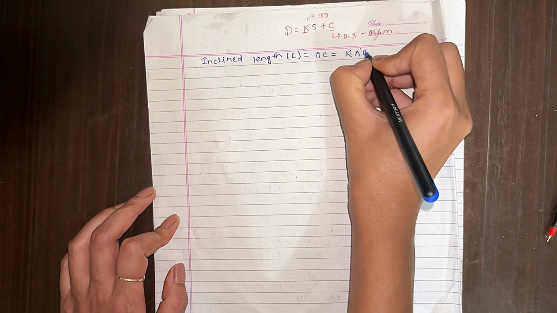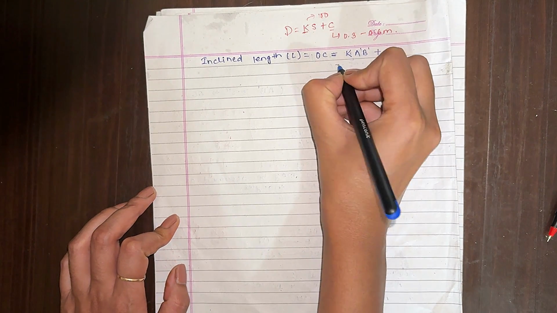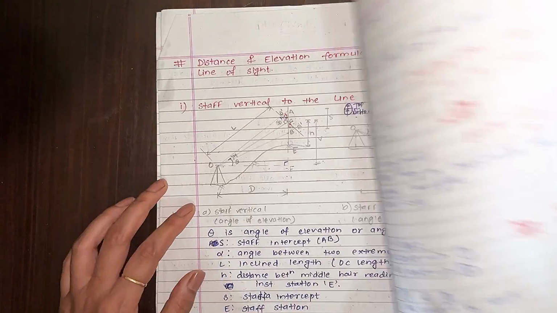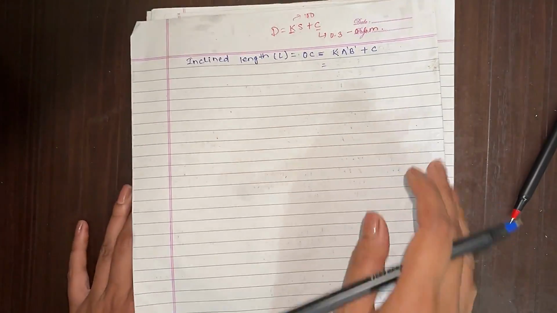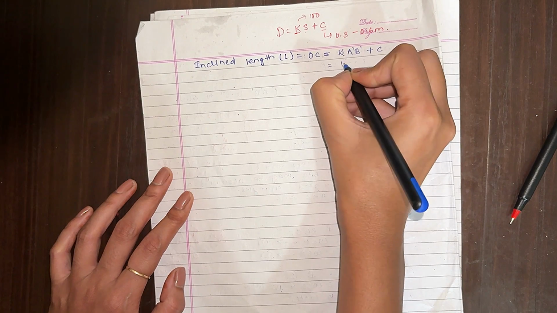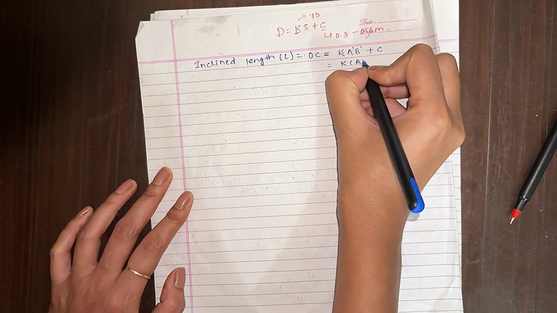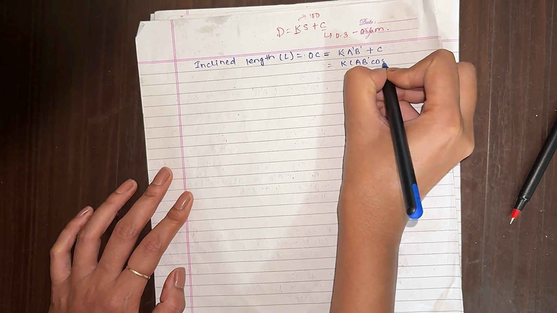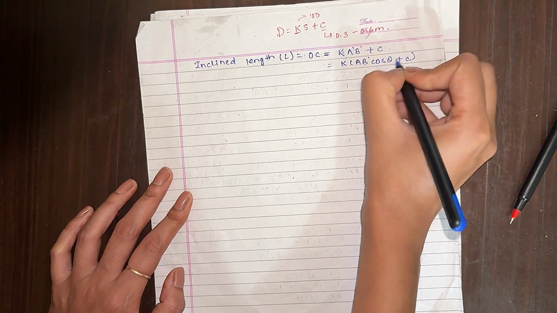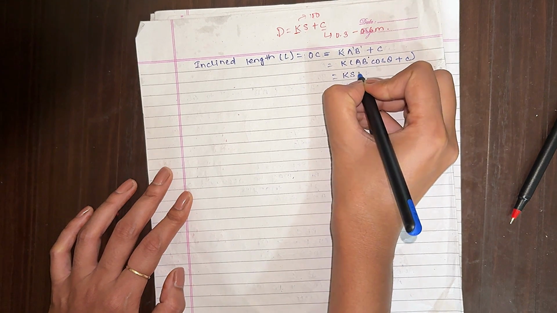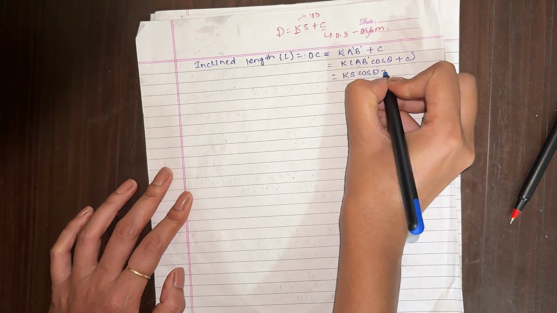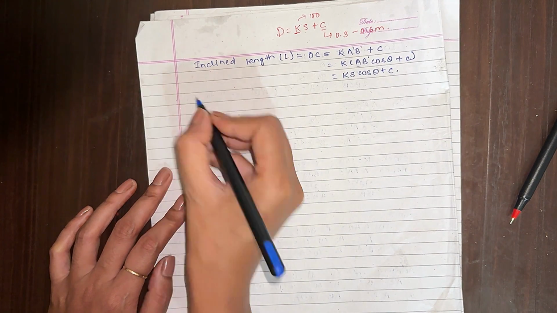A dash B dash plus C. Now we have A dash B dash is equal to AB cos theta. So K into AB cos theta plus C, where AB is the stadia intercept, is KS cos theta plus C. Now in